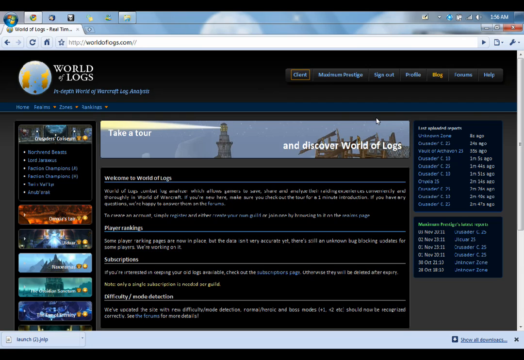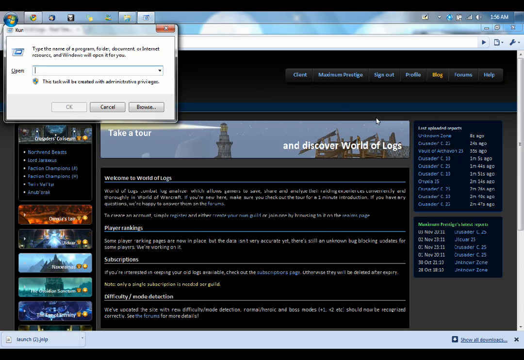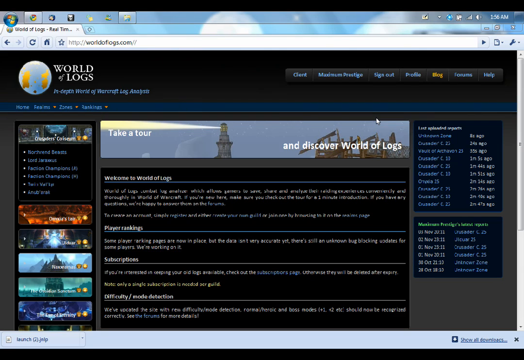Now, in order to have data to log to World of Logs, you actually need to enable combat logging inside World of Warcraft. To do that, log in on whatever character you want, and then just type /combatlog into your chat box, and it'll pop up a message in your chat box that says